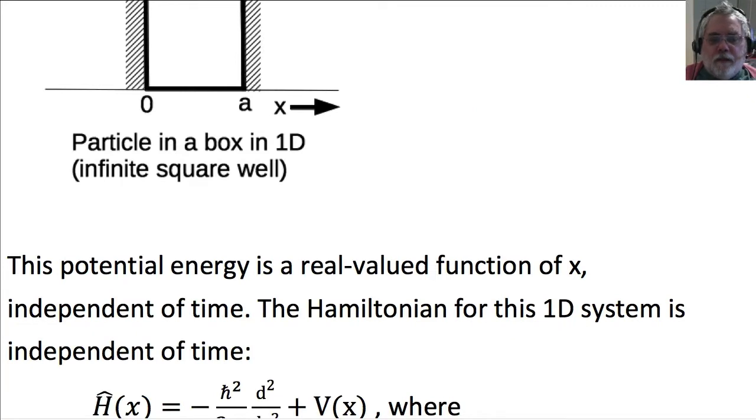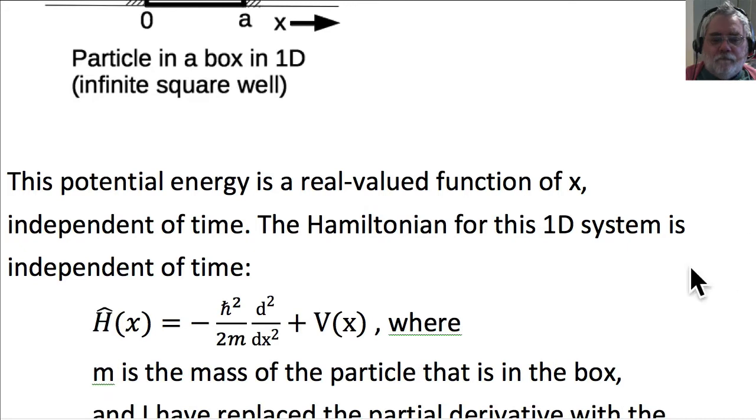This potential energy is a real valued function of x, and it's independent of time. The Hamiltonian for this one-dimensional system is independent of time. H hat equals the kinetic energy term, minus h bar squared over 2m, times the second partial derivative with respect to x squared,